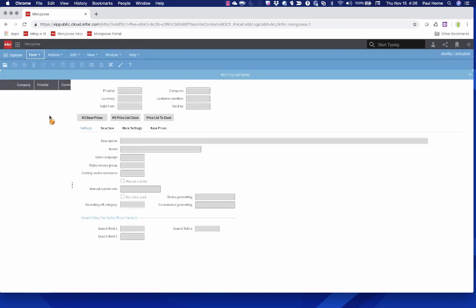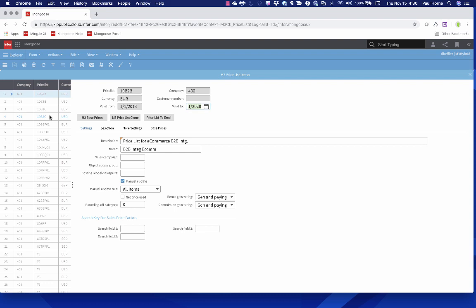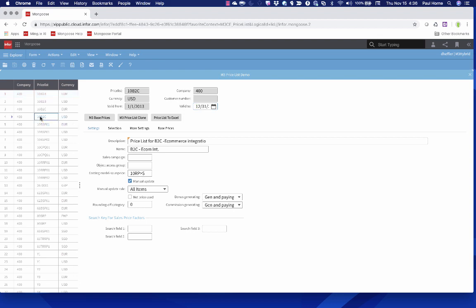As I showed earlier with the App Builder example, we were showing M3 data surfaced inside of App Builder, and then writing information back into App Builder. Well, this is the exact same solution where basically I'm reading price list information from M3, and I'm then surfacing all kinds of information from a singular or even multiple APIs